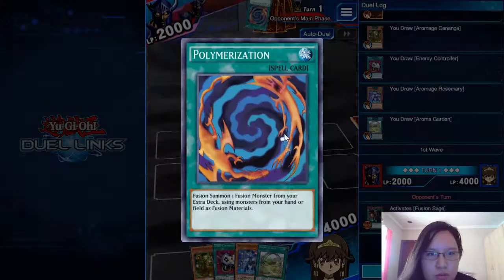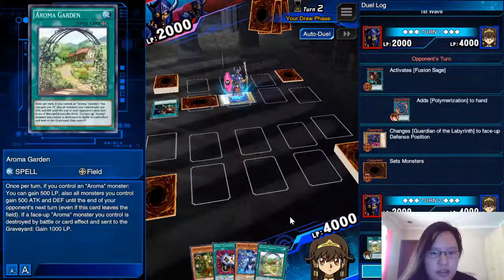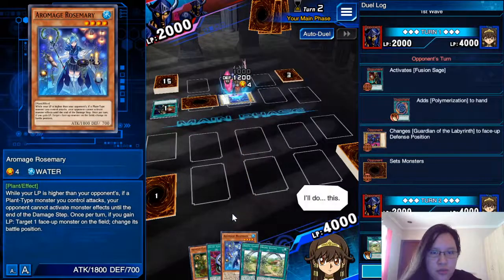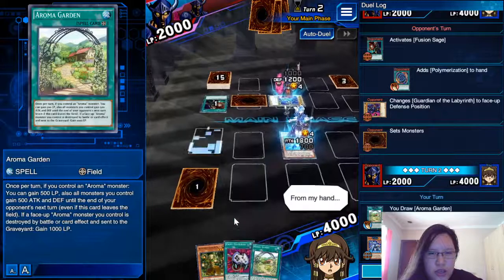And that's interesting. Actually, we can normal summon Rosemary and then force this opponent's monster into attack mode. So,